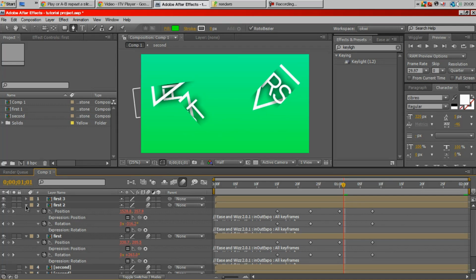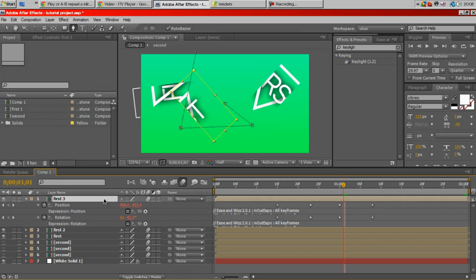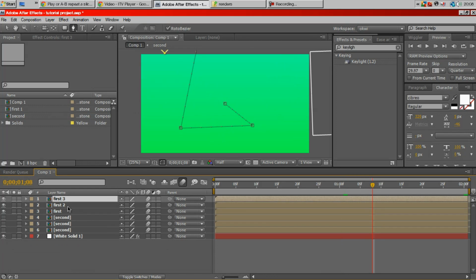Now here's the important part, and probably all of you already know, but basically I'm going to go to that last keyframe which I did, which will come up here, go to that position, and